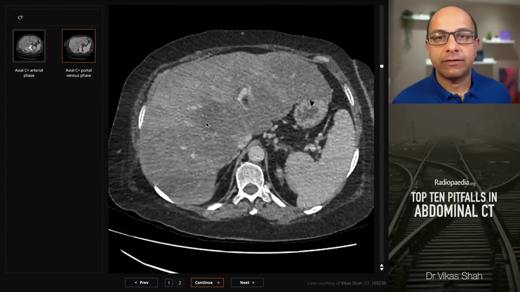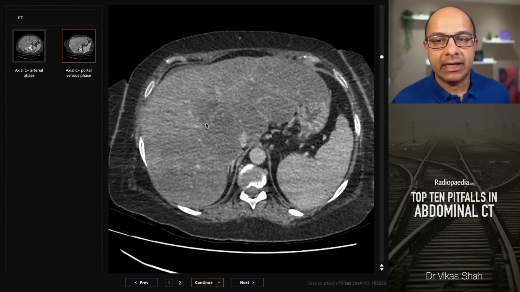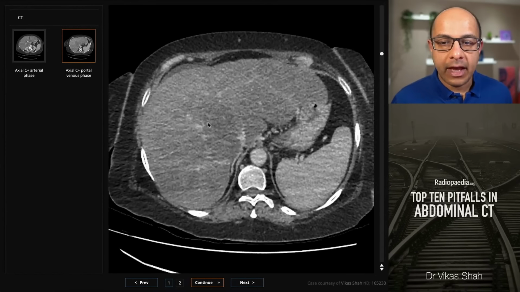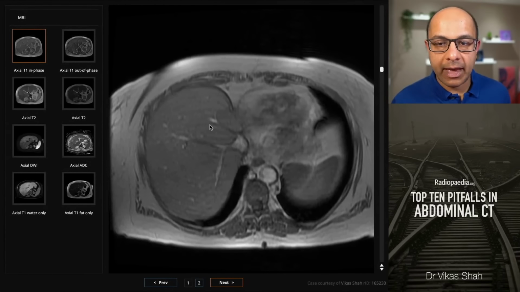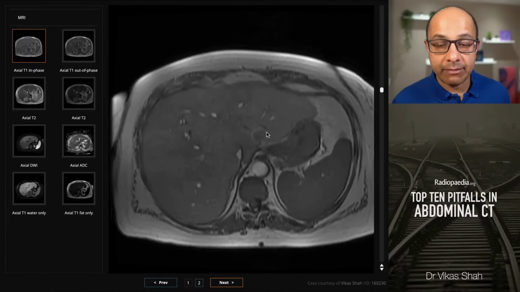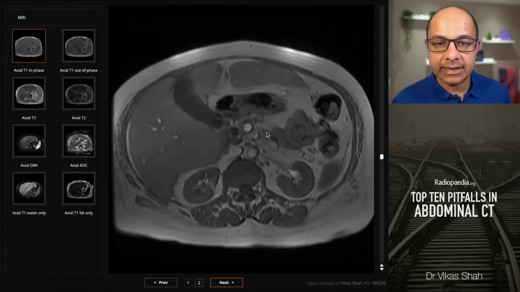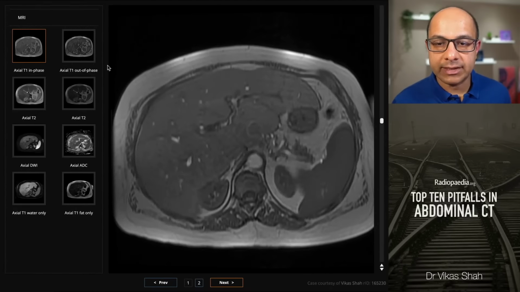Now, there's no distortion of the vasculature here, no abnormality of the contour of the liver. So this is unusual because it could be mistaken for disease. So we'll go to our MRI in and opposed phase images. So here is the in phase, and then we go through the opposed phase images, and we can see that